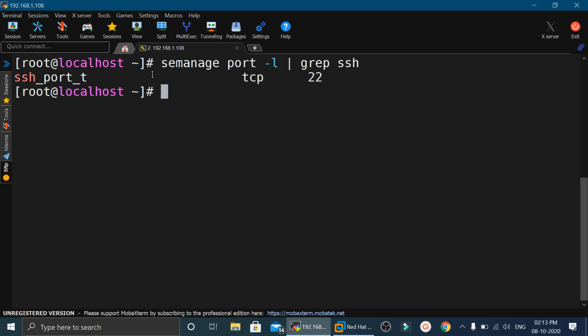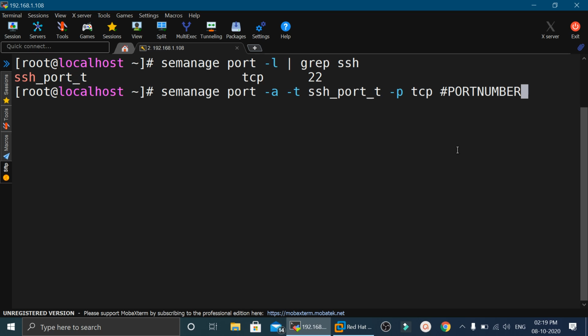Here it will show us only port number 22 for doing SSH. SELinux is enforcing the predefined policies on us, where only port number 22 is defined for doing SSH.